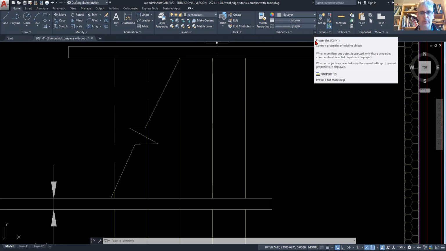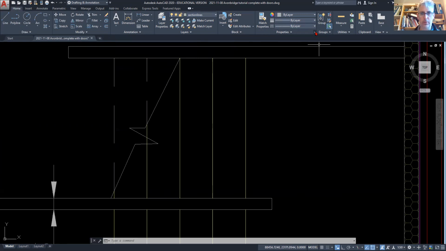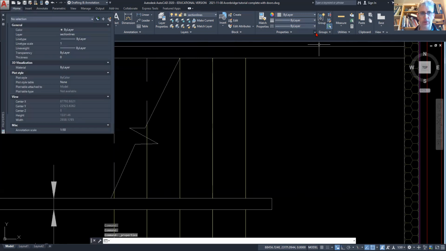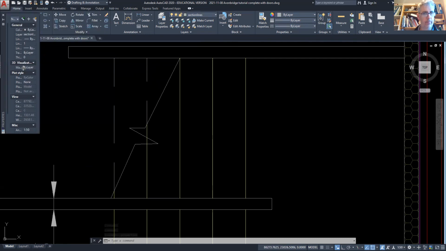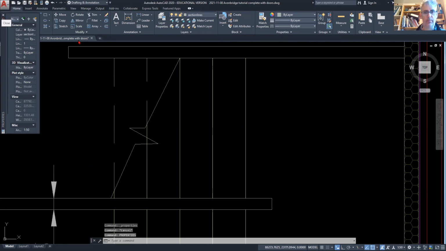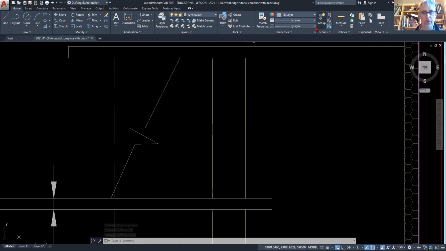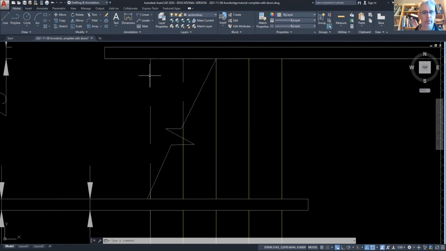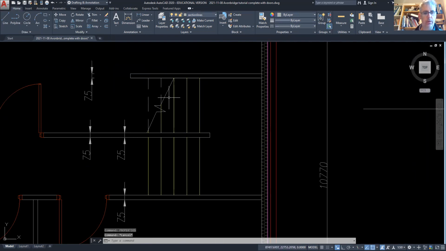We can go into this little launcher here, or we could even type the word properties. But I'm going to click on this little launcher here, and again, that can come up. You could keep that there for a while if you wanted to. You could just park it here, or you can just close it, and you could even type in properties, and that would still come up again like that. So it's quite a handy way to get into your properties to change the color, change the density of the line type, and so on. So that's us. We've made a